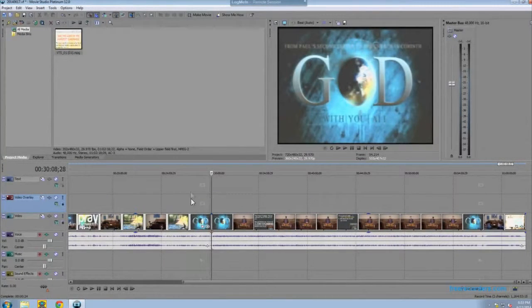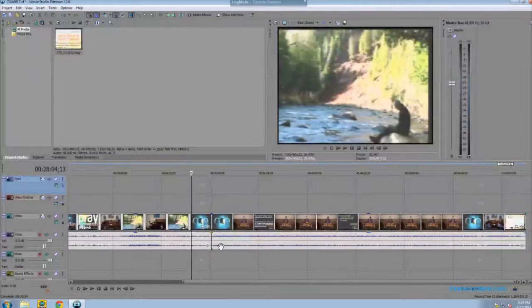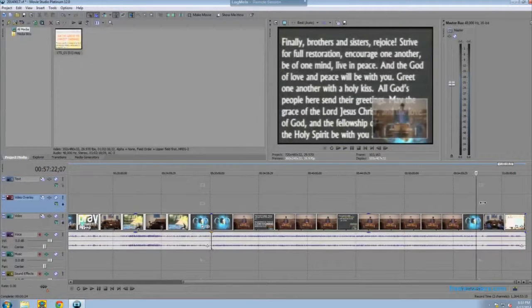Now I've got 2 separate pieces. When I click away from it, you'll be able to see there's a divider on the left and a divider on the right. And I'm going to try again at the end of it. I'm going to click right about,